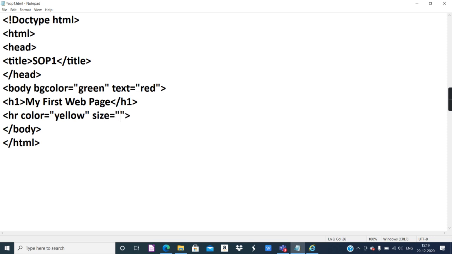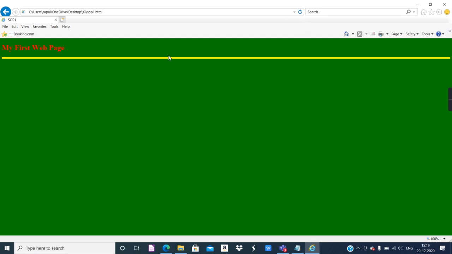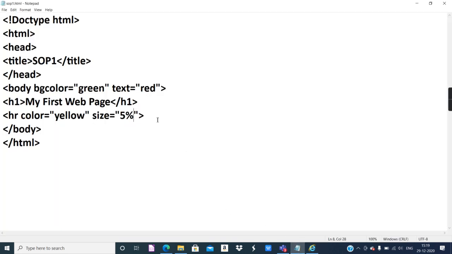Size provides thickness to the horizontal line. I'll give 5%. Value can be given in pixels and percent. Control S, now refresh. Now see this. The thickness has been increased and color has also been applied to the line.